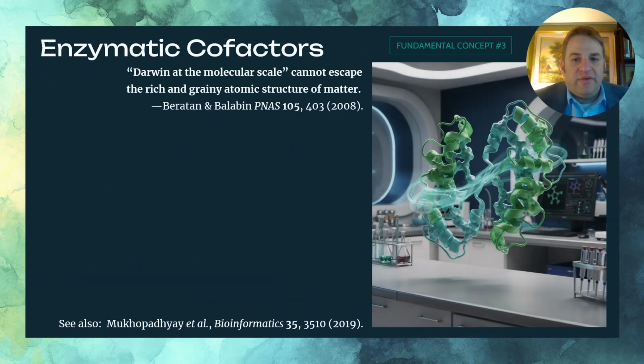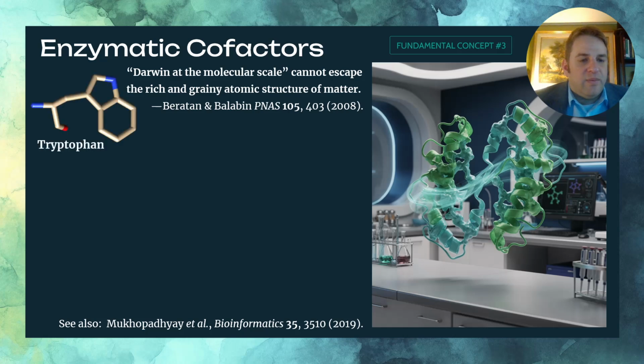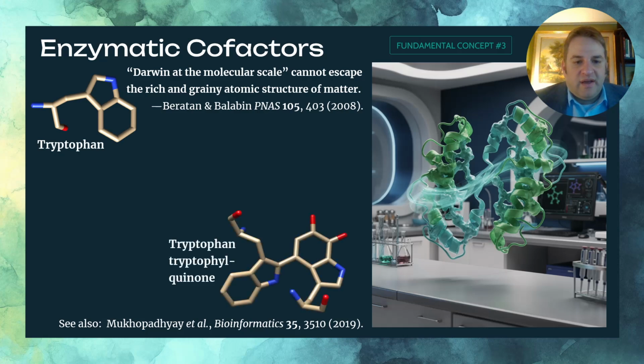Now, as we move on to the picture of the cofactors themselves, Bertin and Balaban have very nicely said that Darwin at the molecular scale cannot escape the rich and grainy atomic structure of matter. And so if we consider the way life has been shaped and evolved over the millennia, we see that a number of structural motifs have appeared. For example, the indole ring of tryptophan. If we combine a couple of tryptophans, we get, for example, a